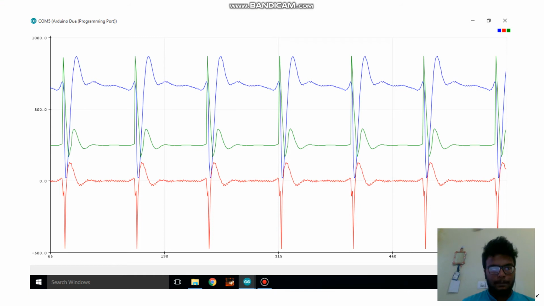So the red one is the input, and the blue one is the output of the derivative filter, emphasizing the high